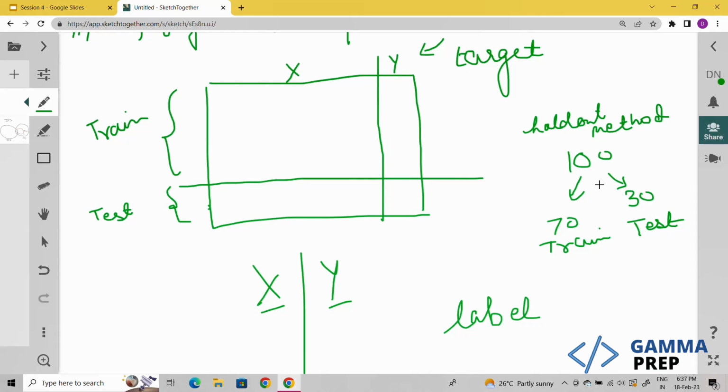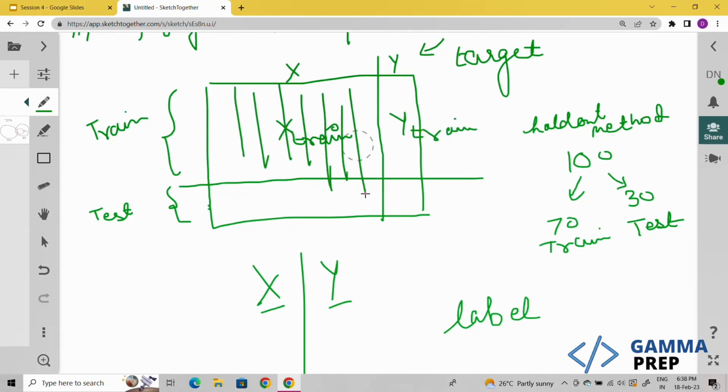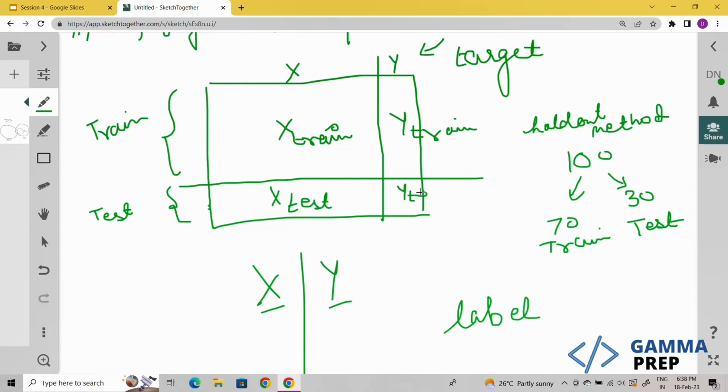So now what we have done is we have divided the data into training and testing. So let me call this X train, because this is the part of X, that is the independent attributes, and it's a part of training data also, right? This is Y train similarly. Also here we have multiple independent attributes, right? I'm just denoting it by X. It does not mean that there is only one independent attribute. There are multiple independent attributes. Then here we have X test and this is the Y test. Okay.